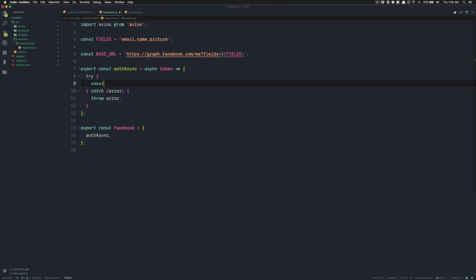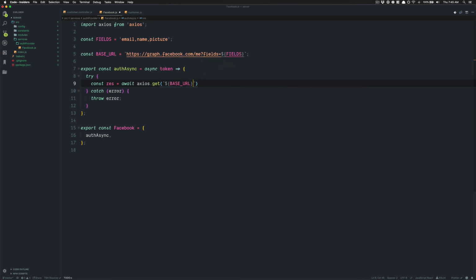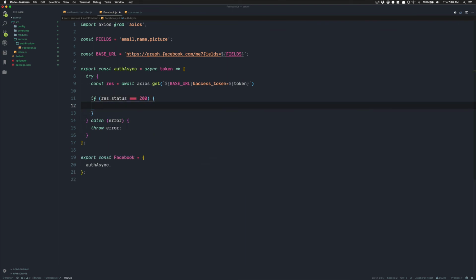I'm gonna const res equal await axios.get. So that's gonna be a get request, and here I'm gonna pass back tick because I want to have a variable. I'm gonna say base URL, and after that I'm gonna pass some parameters, and I'm gonna say access token is gonna be equal to the token we receive right here. After that, if res.status equal, I think we can see if res.status is gonna be 200, so this is what we're gonna check. I want to return the res.data,